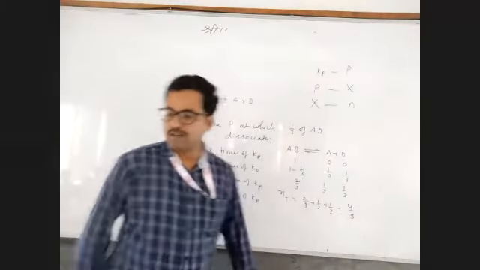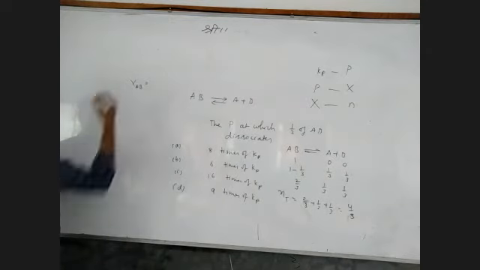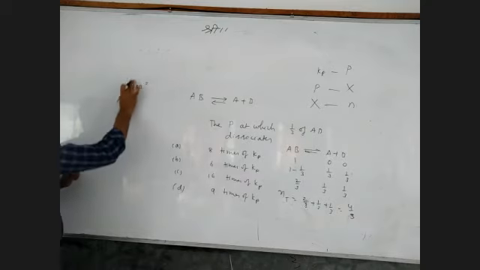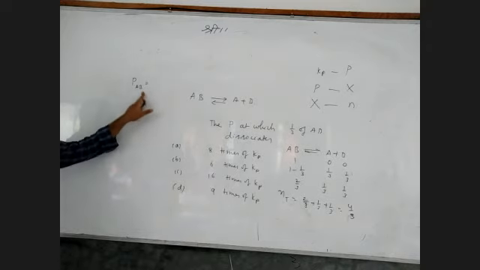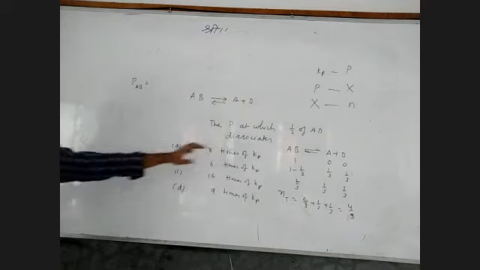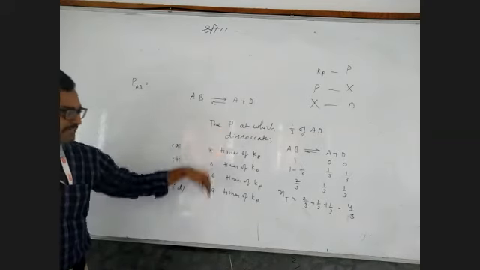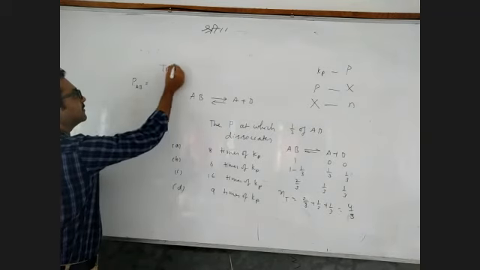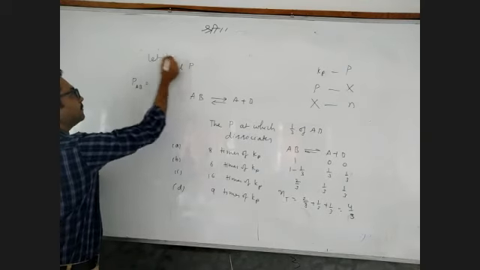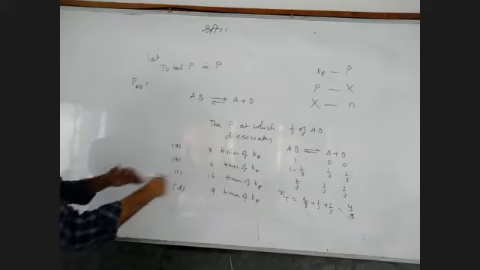So 4 by 3 is the total number of moles. Now mole fraction of AB. Come on, children. Directly can I do partial pressure? Partial pressure of AB is the mole fraction of AB into total pressure. Total pressure is not given, so we will take it as P only. How many times they are asking? So I will take total pressure as P, because how many times I have to find out, right?